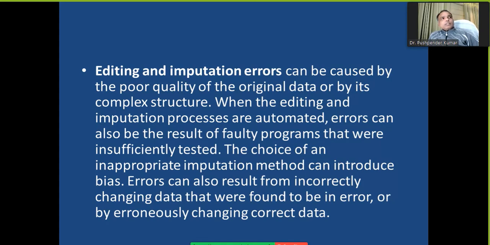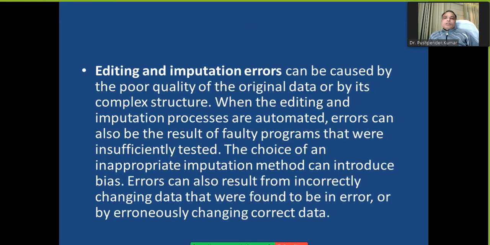So this is a very common thing. It's not about interpretation; interpretation is something else. Whenever you are editing data or putting it in, it's generally about coding, right? So whenever you go for coding or feeding data, whenever you edit your data, you need to be very careful, because here you are playing with data. Suppose you have 90 questions and 1000 responses, so you multiply 1000 by 90, and you will see it's a huge amount of data, right? So you need to be careful when you are editing it.